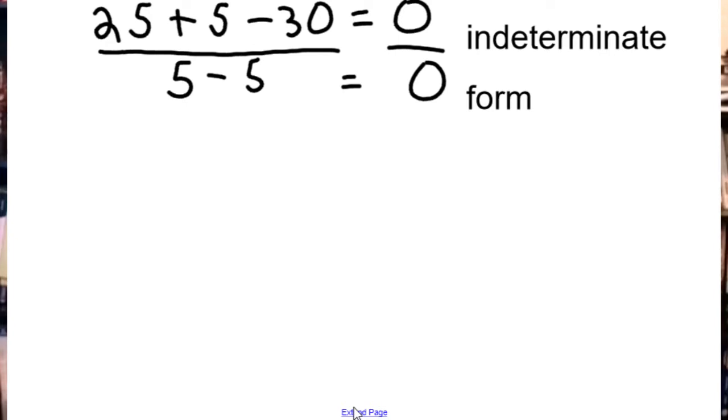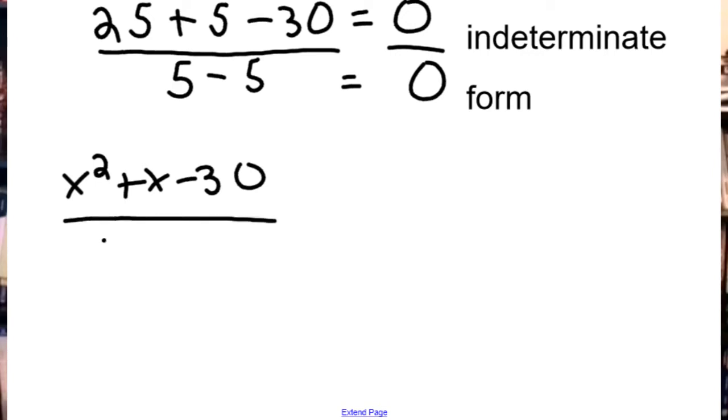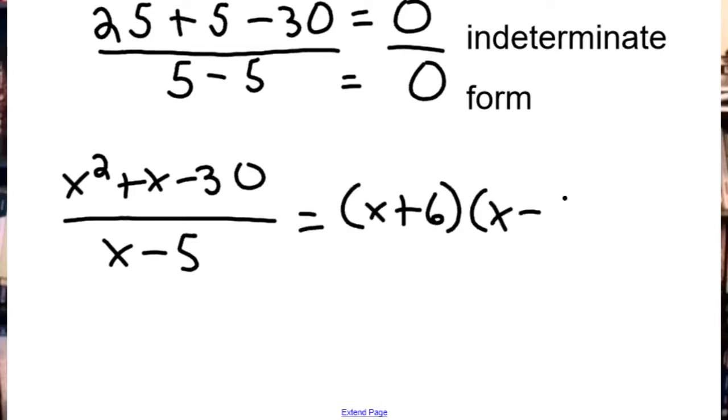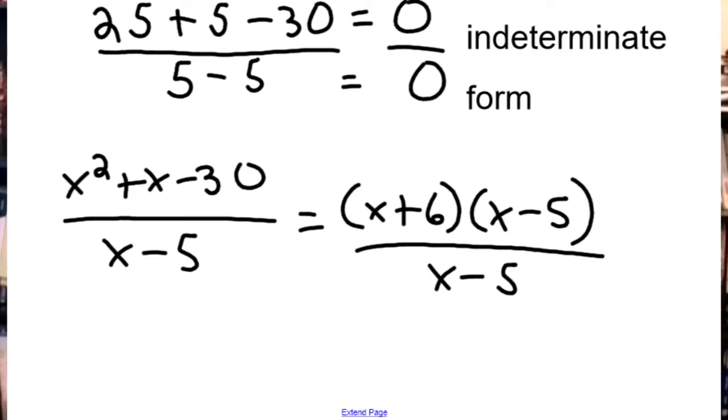So let me just write the function again, which is x squared plus x minus 30 over x minus 5. And I can factor my numerator as x plus 6 times x minus 5, of course, over x minus 5. The x minus 5s cancel, leaving me with x plus 6. So that simplified to x plus 6. Well, what that means is